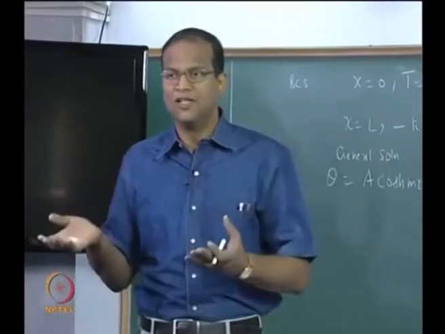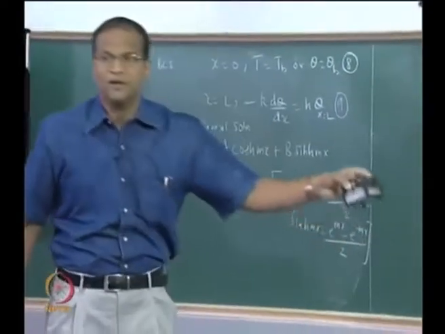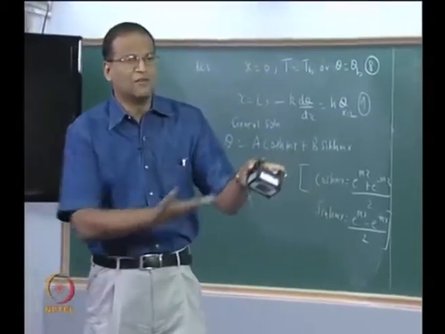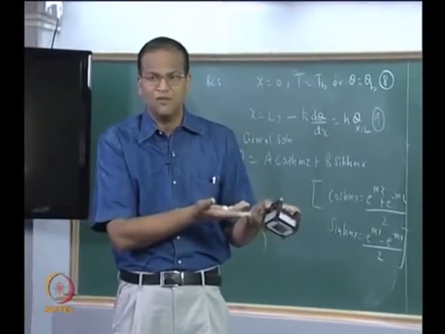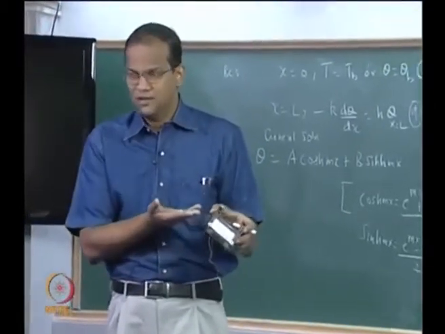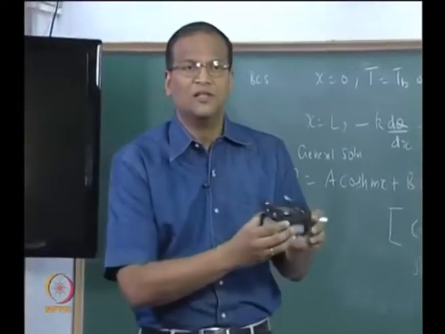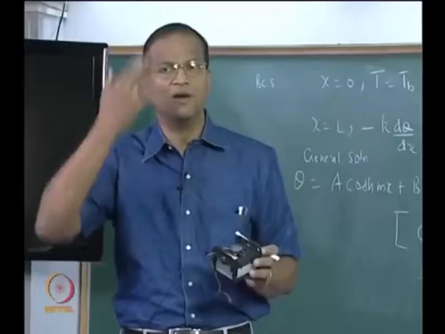Once you have all these numbers, then for an actual fin, for the heat sink which we pulled out of the desktop computer, we can actually find out what will be the fin. I can straight away say that it will have some 98% efficiency, you can't do any more. It is already aluminum which is having a terrific thermal conductivity, it is so thin, and then this will be more or less isothermal. So the key point is if the fin is more or less isothermal, you are going to get good efficiency. The challenge is to make it isothermal, do not make it 1 kilometer long.